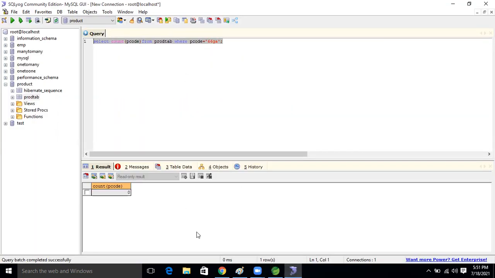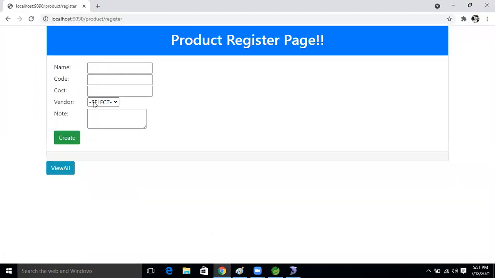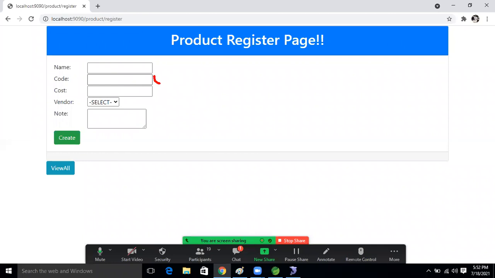Because of this, only one field we have need to check it. Only one field means what, here code, right? Code means what, which kind of query we will write, like that only, right? So whenever our Ajax will make the call, it will hit the database, it will go to controller from the service layer to JPA. Based on the JPA it will hit the database, right? And what will happen now, if record is there, means product code is there, then what we will get, one, right? It will return one.